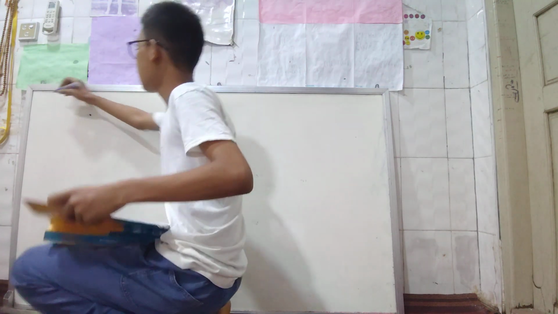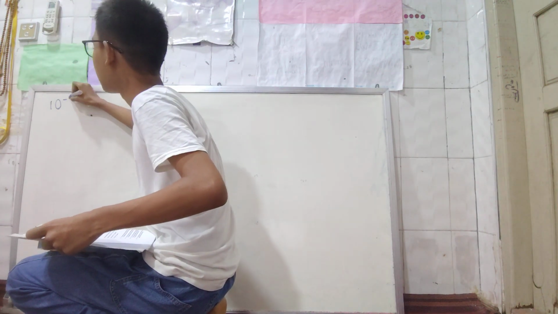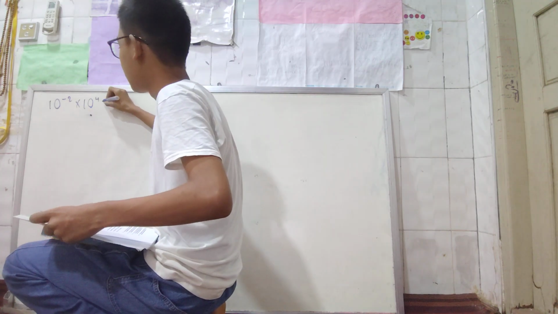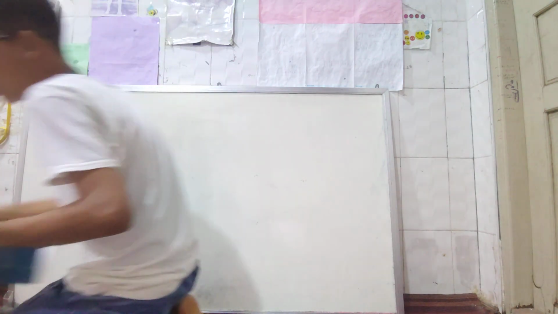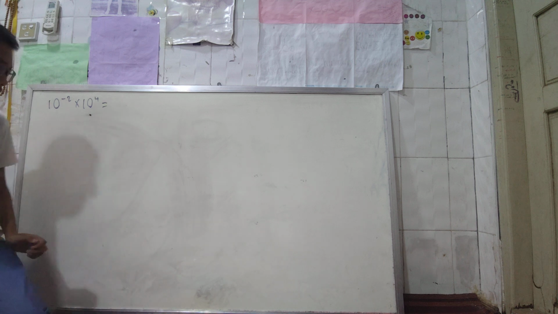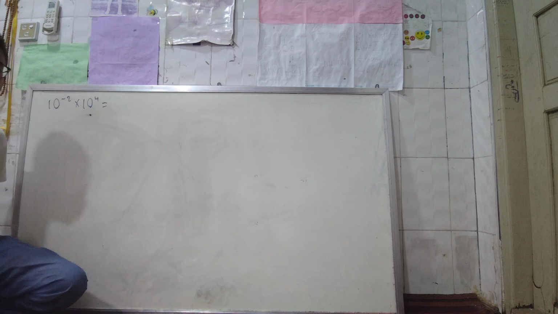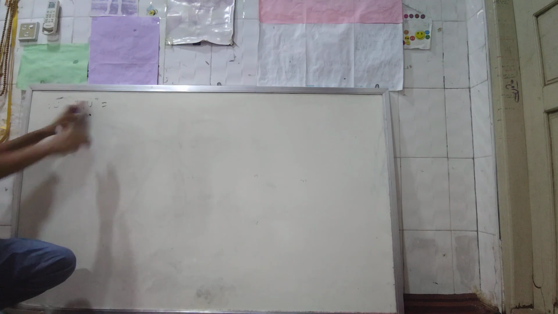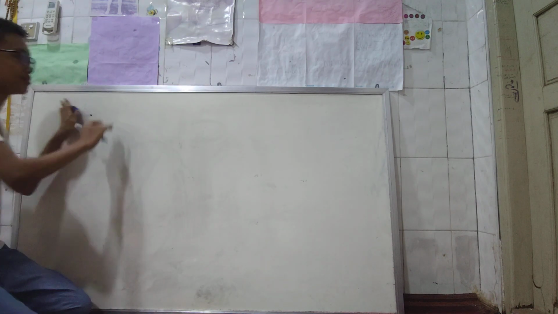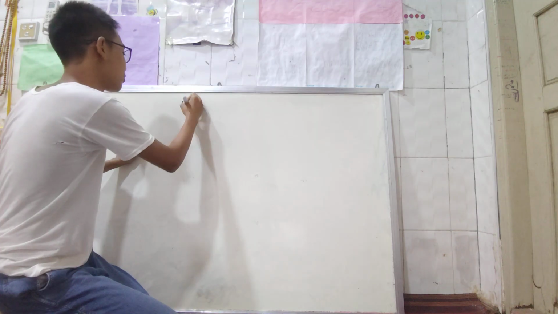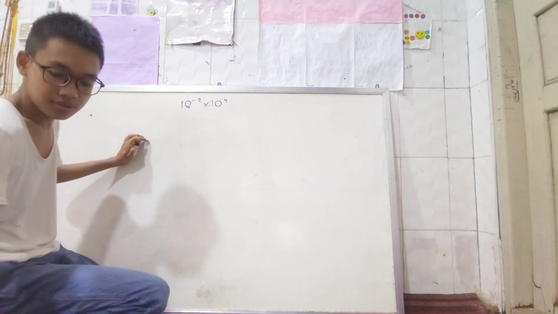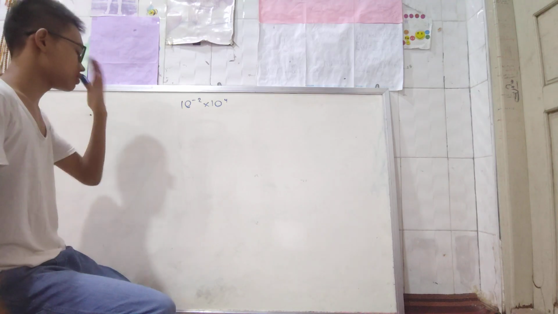So the first one is 10 to the power of minus 2 times 10 to the power of 4. We really need to compute this, and then we have to turn it into an ordinary number. So I'm just going to write it there: 10 to the power of minus 2 times 10 to the power of 4. We really need to use a